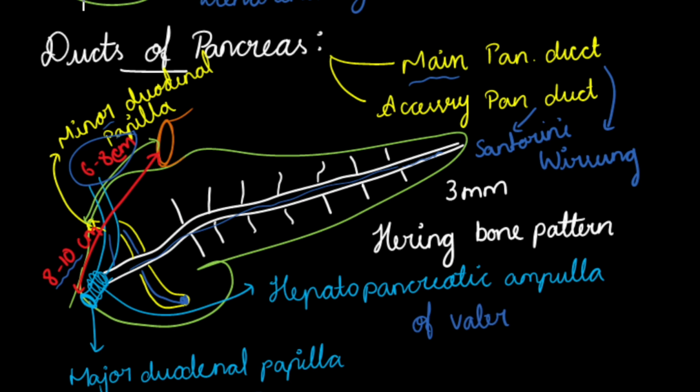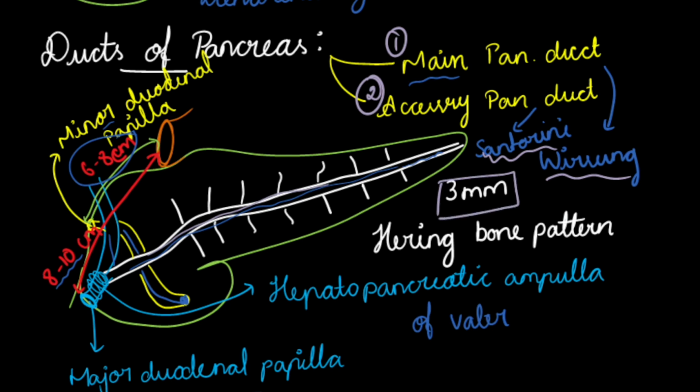So now regarding the ducts of pancreas, here we will be having two ducts. One is the main pancreatic duct of Wirsing, and the second one is the accessory pancreatic duct of Santorini. And this duct of Wirsing starts from the tail of the pancreas and heads towards the head of the pancreas. And here the lumen of the main pancreatic duct is 3 millimeter, and here we will be having small